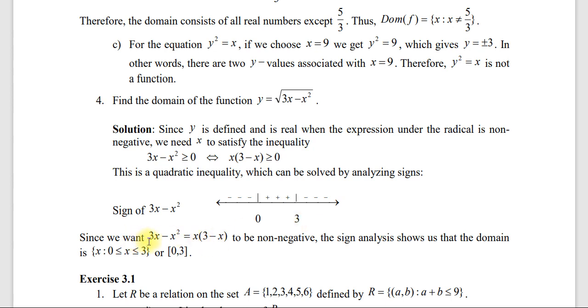Since we want 3x minus x square, which is equal to x into 3 minus x, to be non-negative, the sign analysis shows us that the domain is the set containing x such that 0 less than or equal to x less than or equal to 3, or [0, 3]. ሶ ባጭሩ በ0 እና በ3 መካከል ነው ማለት ነው ዶሜኑ። ከዛ ውጭ ምን ሊሆን አይችልም? የፋንክሽን ዲተርማይን ሊሆን አይችልም ማለት ነው። ለምሳሌ ከ0 በታች የሆነ ቁጥር እዚህ ውስጥ ብንከት -1ን ብንከት እዚህ ውስጥ ለምሳሌ